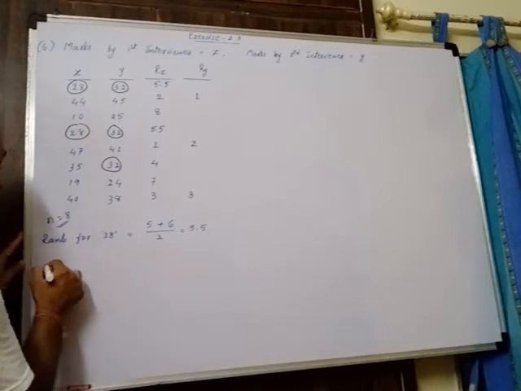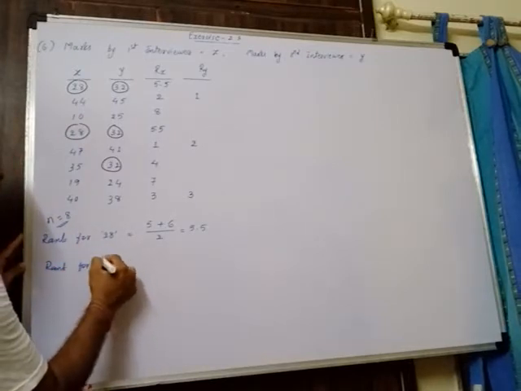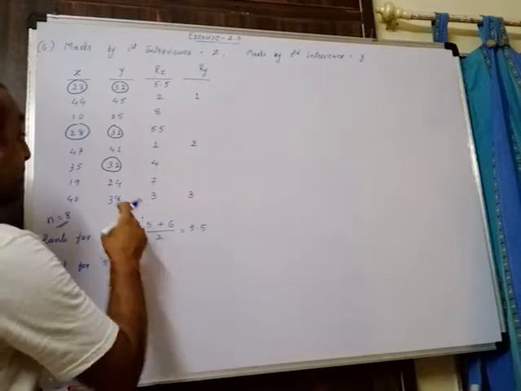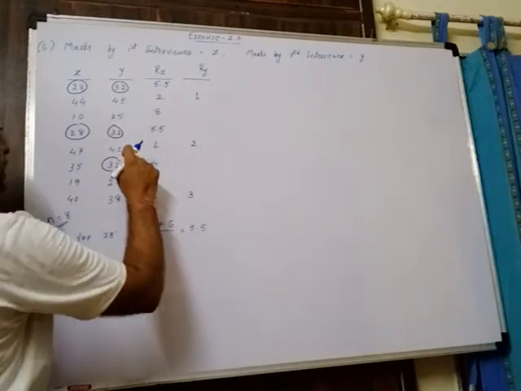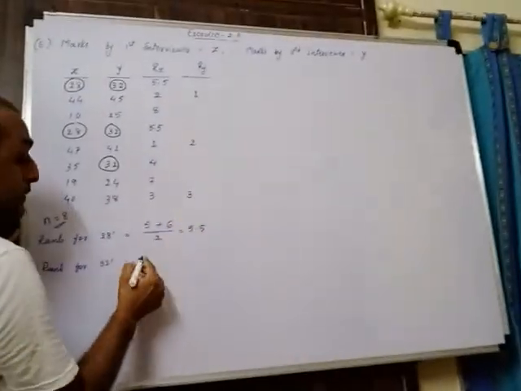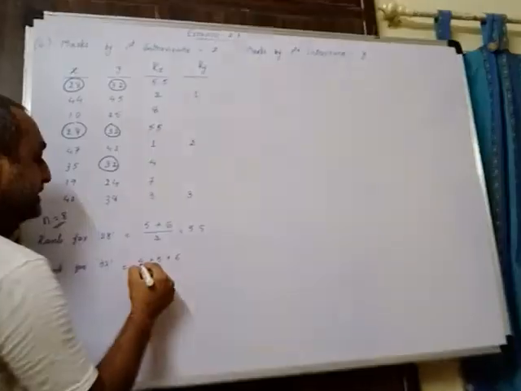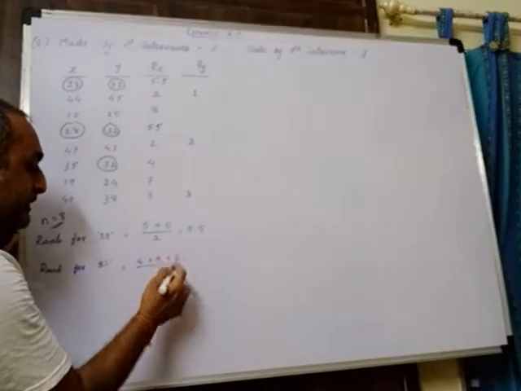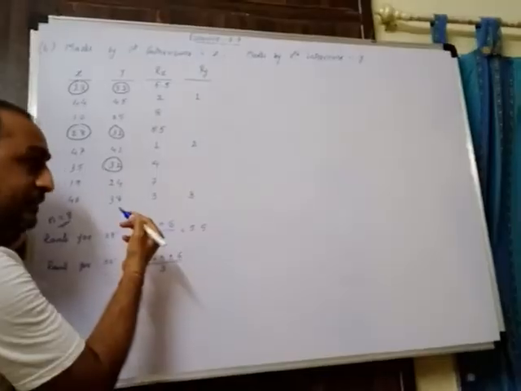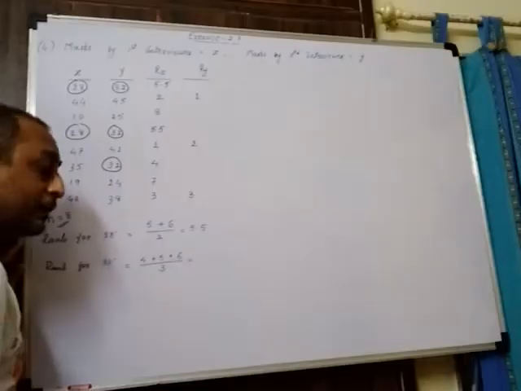So we'll find out rank for 32. So next 3 ranks which is assignable to these values, that average we have to find out. So last rank we have used was third rank. So next 3 ranks will be 4, 5 and 6. Now its average, it means 4 plus 5 plus 6, total of observation divided by number of observations. So over here you have to take in the denominator how much? 3, because 3 values we are adding. That is how the average can be calculated, you know.